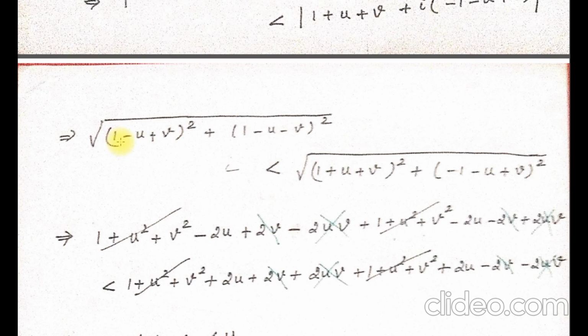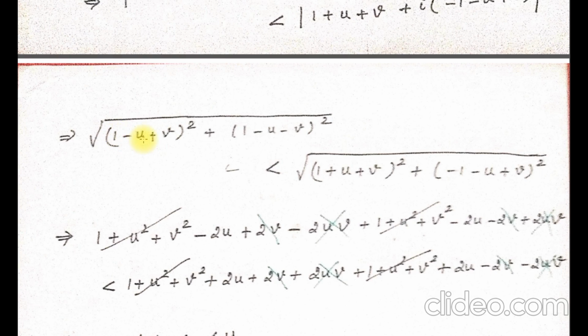But what is the formula for a minus b plus c or a minus b minus c? No need to memorize all those formulas. Formulas were very simple. The first thing is just square all the terms. 1 square is 1, u square is u square, v square is v square. The next process is, see, what is 1 into u? That is 1 into minus u. It is minus u, right? With that I am going to multiply 2. That is minus 2u.